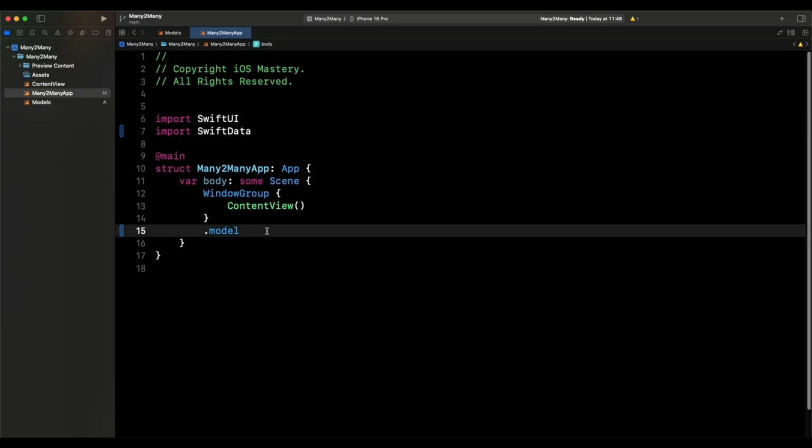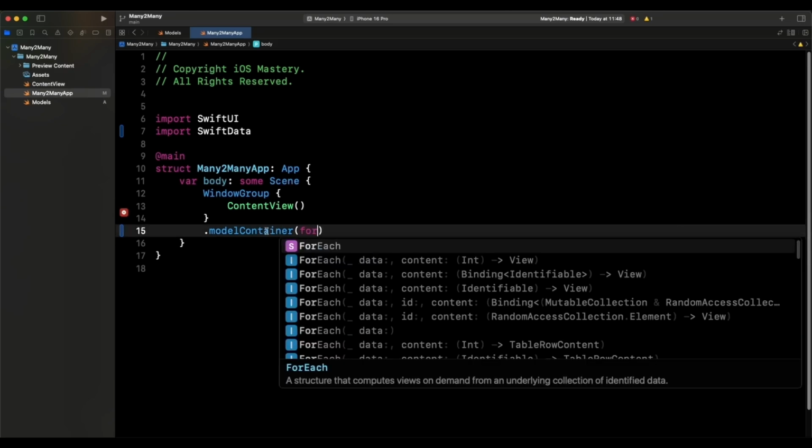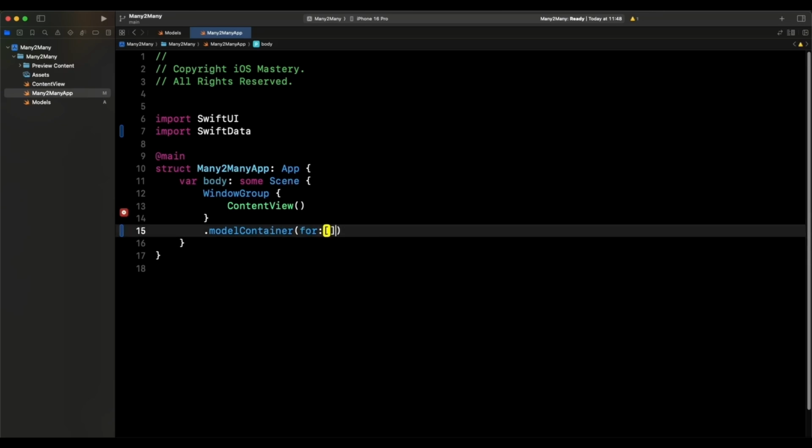So what we have is that, then we say model container, and that's going to be the container. And the container in question is going to be for like so. Come here, do this, do that, right? And here we need to put in two models. Here it's going to be student.self like so. And then we're going to say course.self, right? So we have the student.self and the course.self, right? That is done. And now the next thing we would need to do is we would need to create the